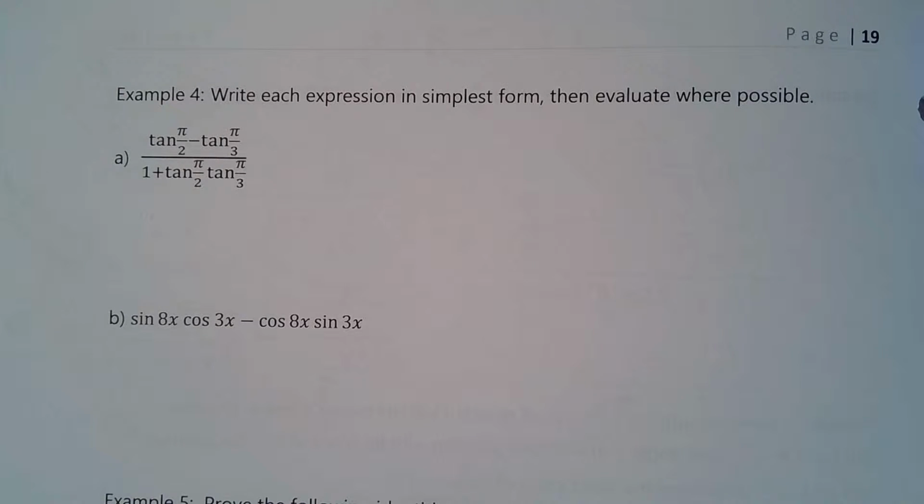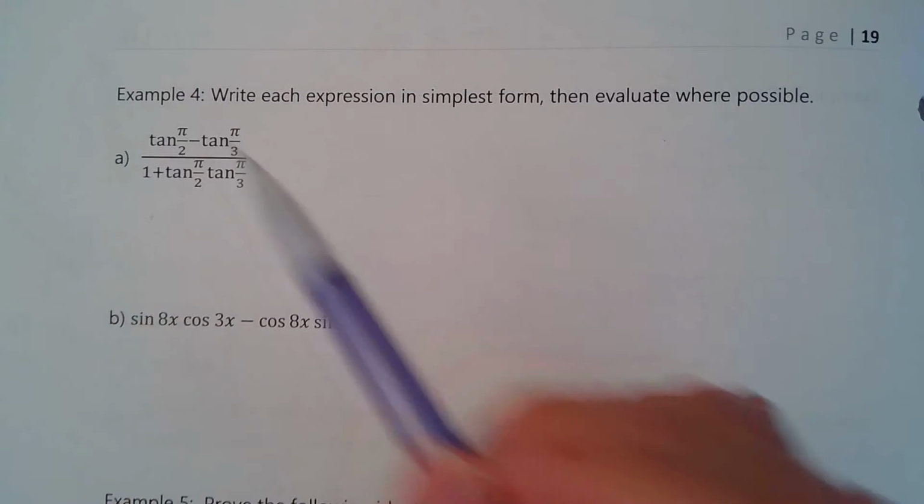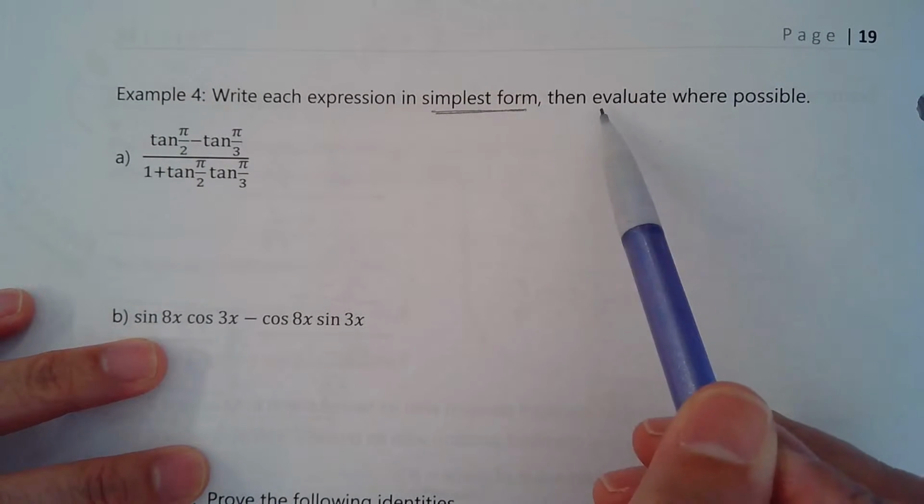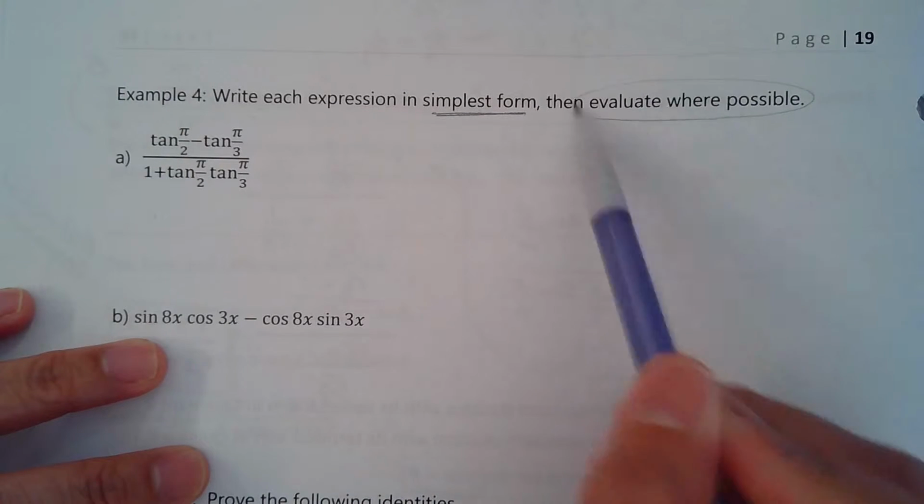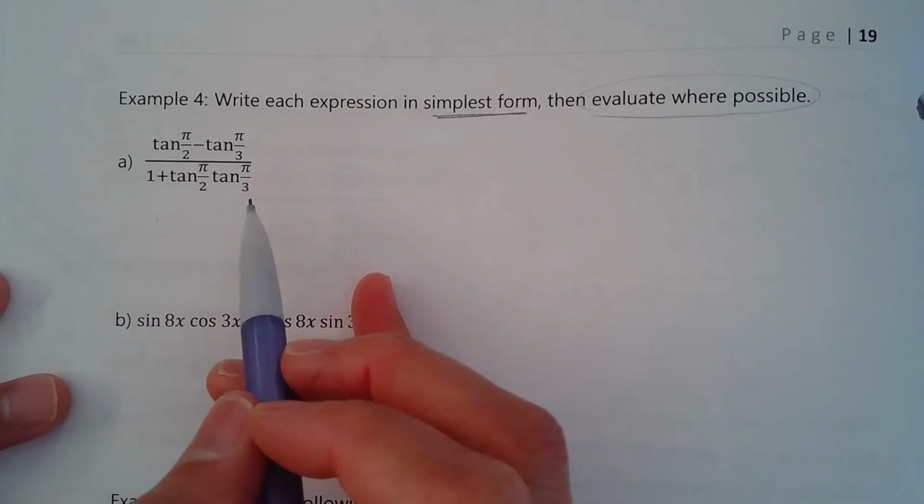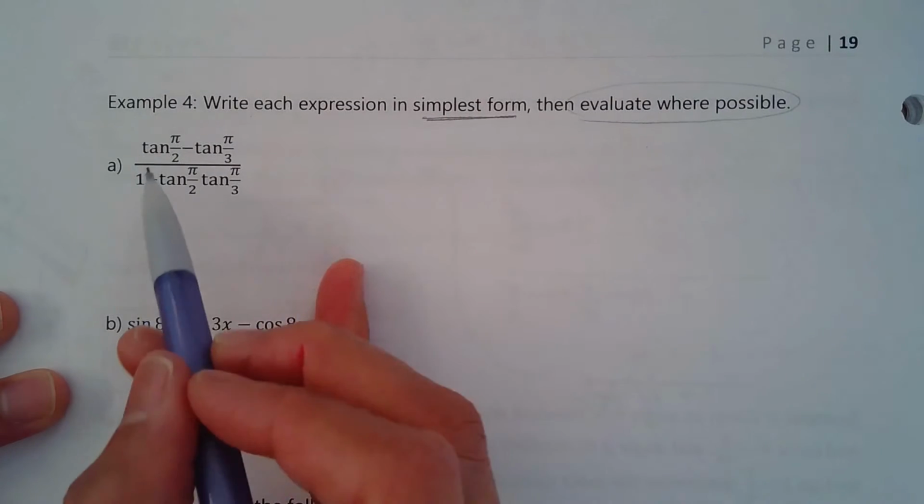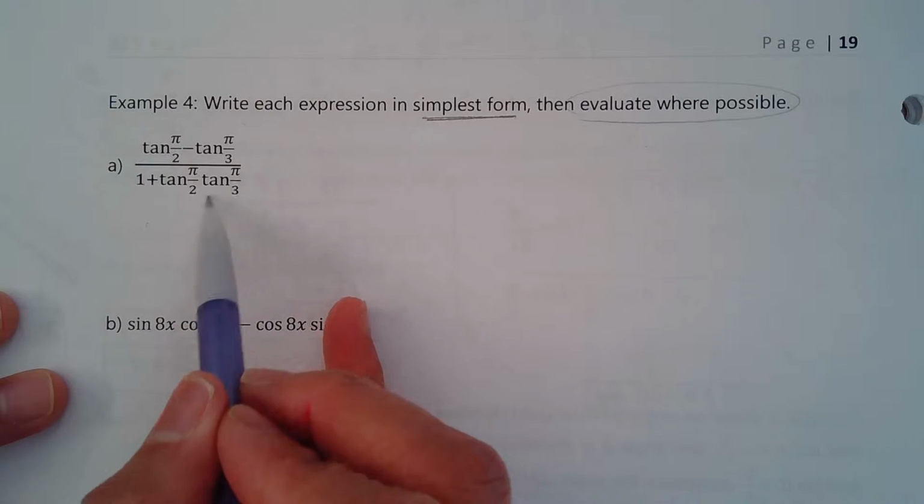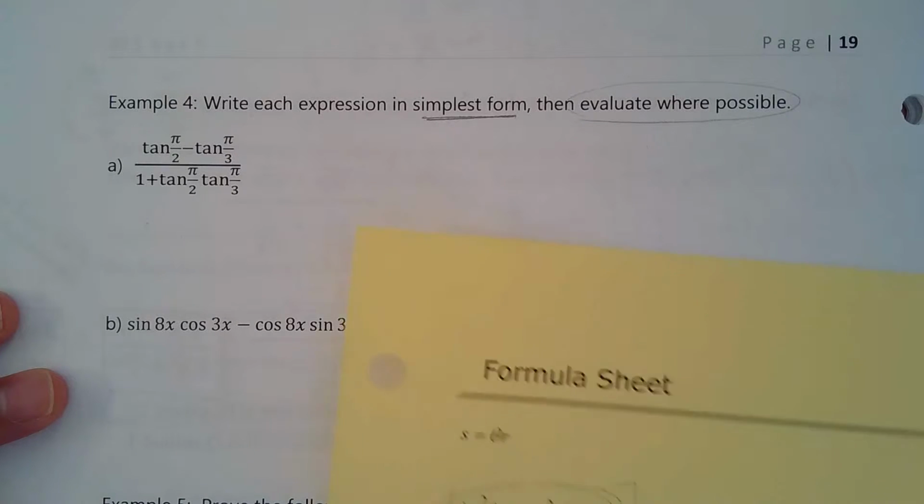Okay, so this is the last part of the notes on sum and difference identities for trigonometry. Example 4 says: write each expression in simplest form and then evaluate where it's possible. This looks like a complicated thing, right? But if we were to simplify that,